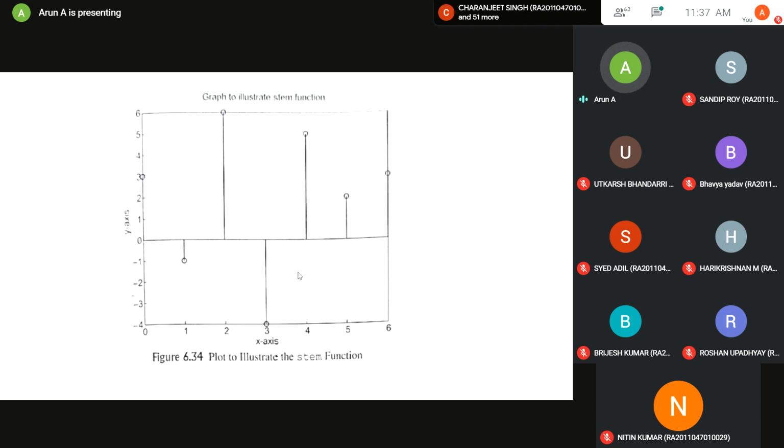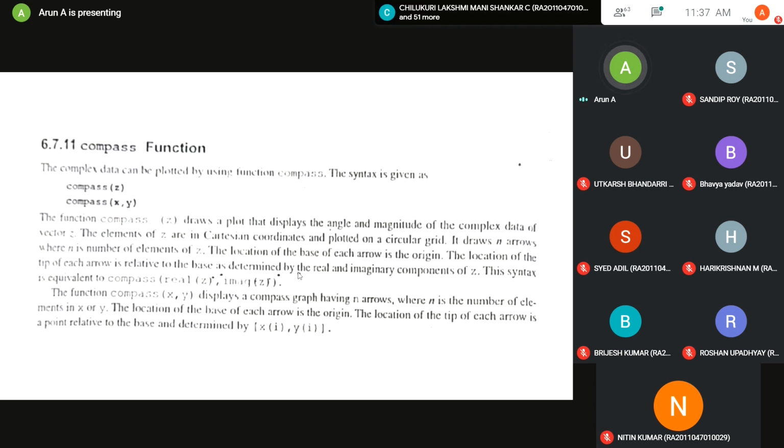Okay, and the last command with respect to two-dimensional data is the compass function, and you have a clue of what this function is in the first line itself. In the first line itself, you have the function. Can anyone just tell me what could be this compass function?